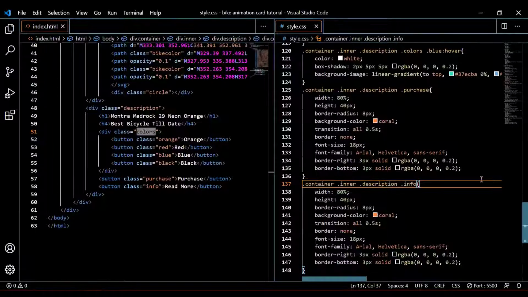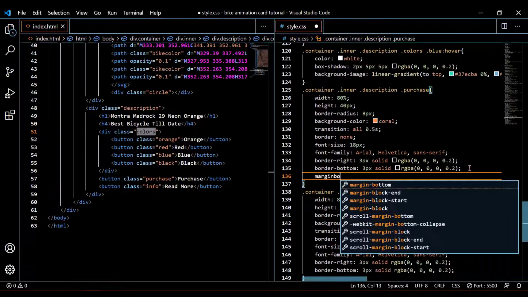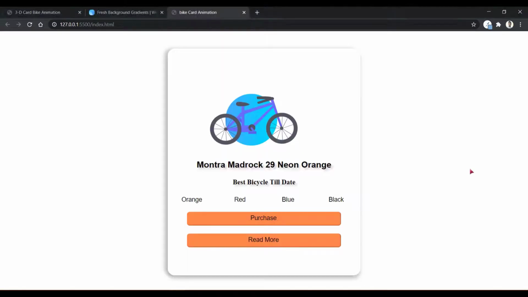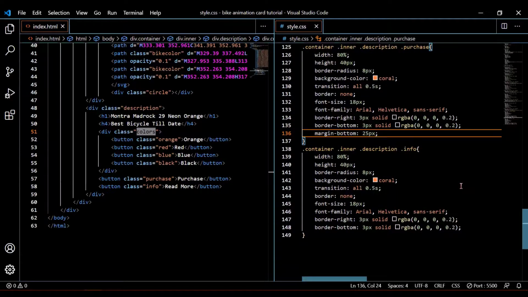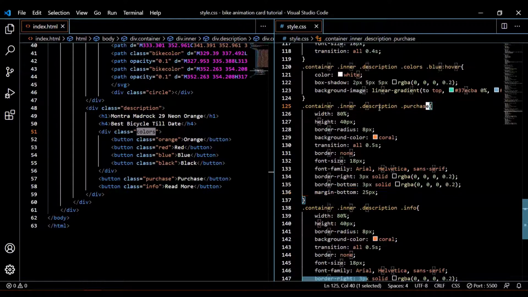Okay, this looks nice, and there should be a margin at the bottom. So the margin bottom should be like, okay, so this looks okay. Margin bottom 25 pixel, and also there should be a hover effect. So I am going to add the hover effect.